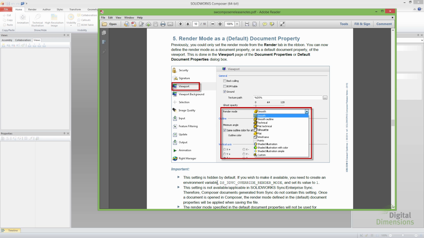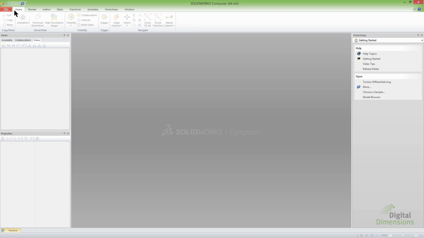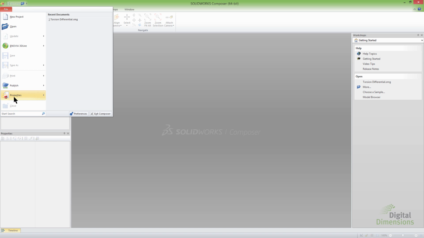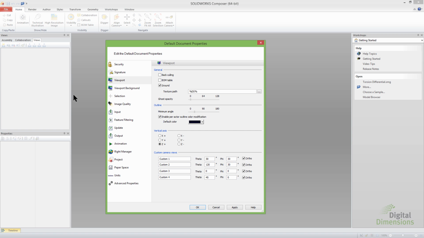We do need to create an environment variable, and then I'm going to copy this just so we can create that. So create an environment render variable, name that, and set its value to 1. And we'll go through that procedure just so you can see it here. Alright, so I'm going to switch back to SOLIDWORKS Composer and just show that it's not there. So properties, default document properties, down to viewport, and it should be just below this ghost opacity, so it's not there by default. So what I'm going to do is close out of Composer,